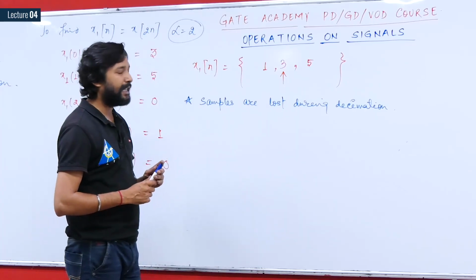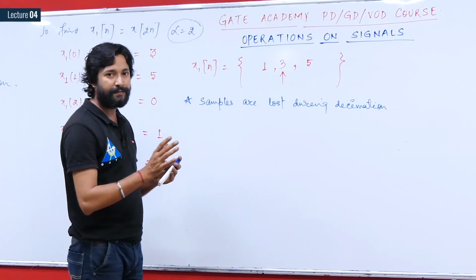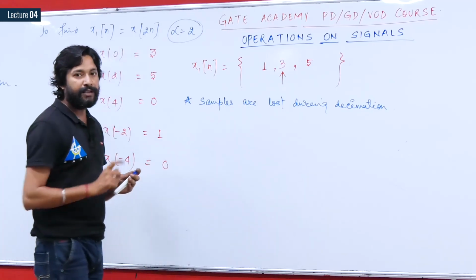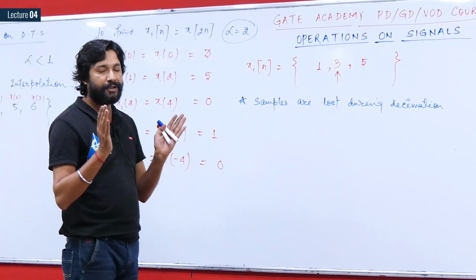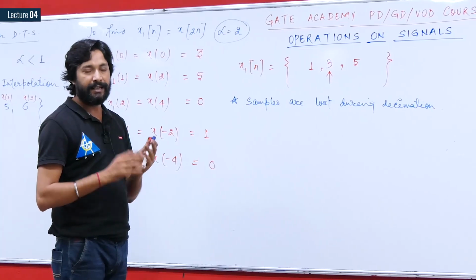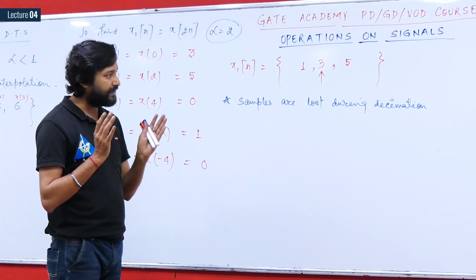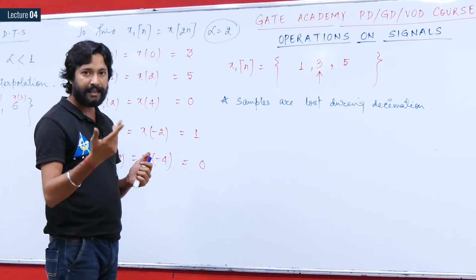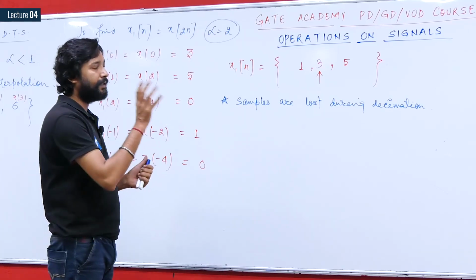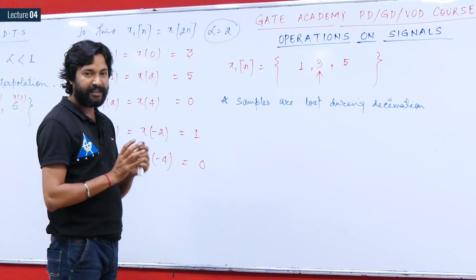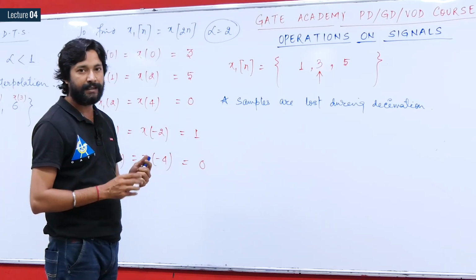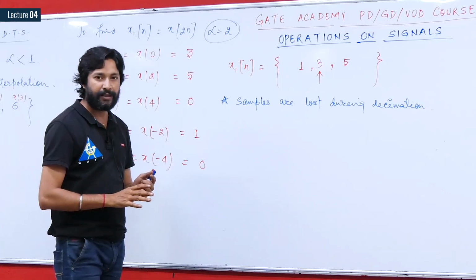So in the case of time scaling of a continuous time signal, the amplitude remains the same, but the duration of existence will decrease, and due to the change in duration of existence, the area can change. These are properties that I have not written for time scaling of continuous time signals, but you must do it by yourself.